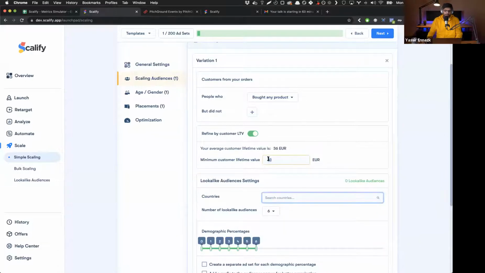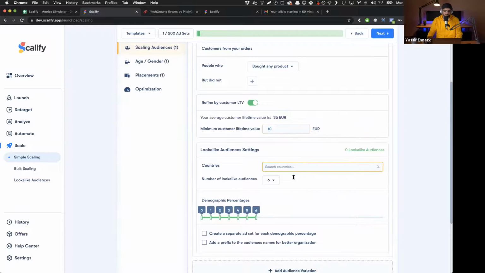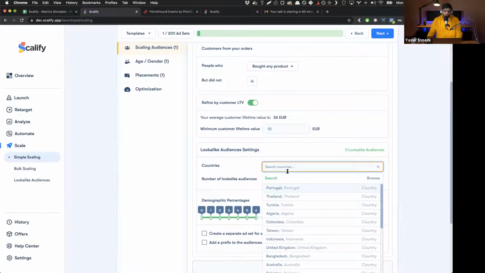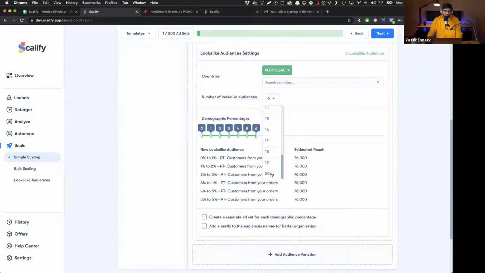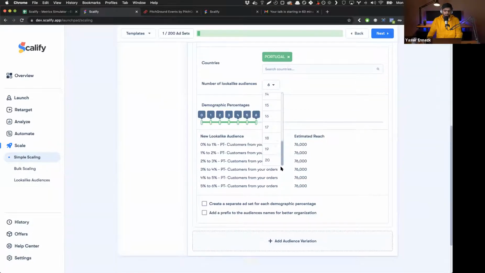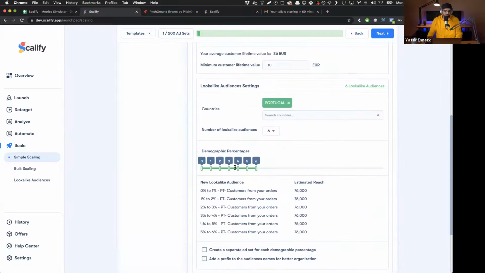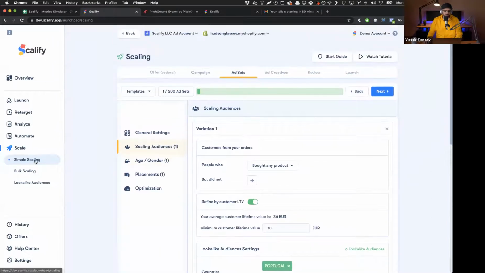You can also filter customers by the minimum lifetime value, and you choose your country here, and then you choose a number of lookalike audiences that can go all the way to 20, 1 being the most precise, 20 being the less precise. All right, so in Facebook, you're only able to go up to 10%. So anyway, we go back to